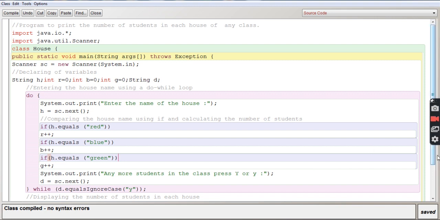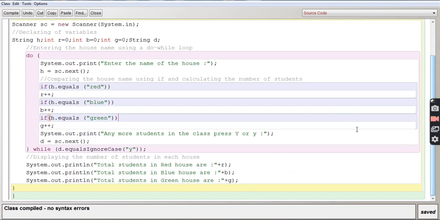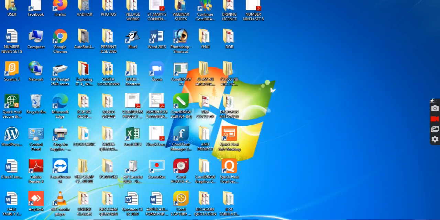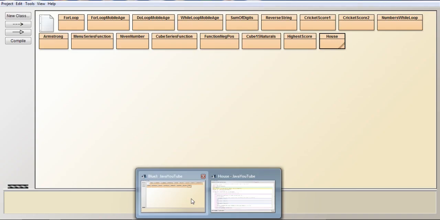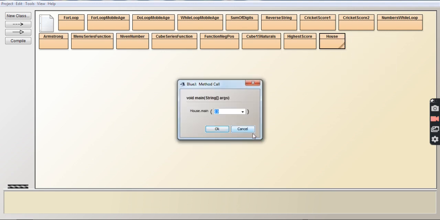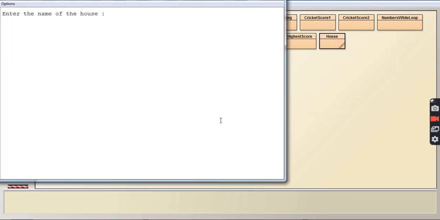So I'll show you the output now. I'll click on compile and there is no syntax error. You can see at the bottom of the screen that there is no error in the program. So I'll show you the output. It is asking you to enter the name of the house.